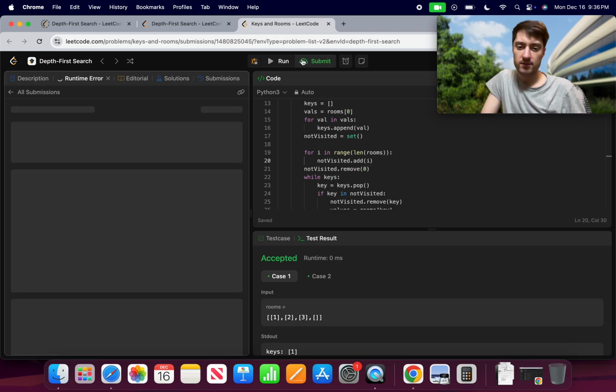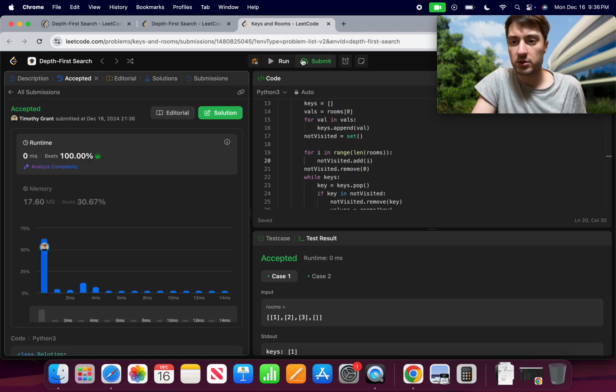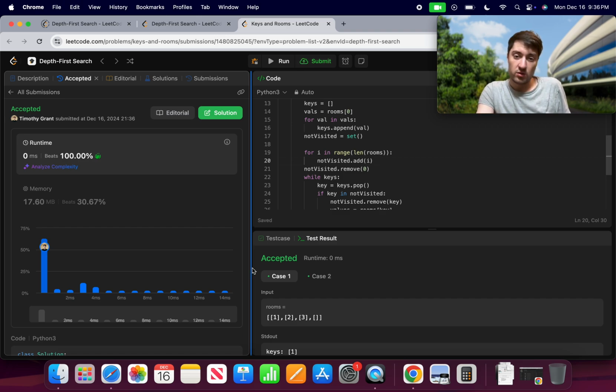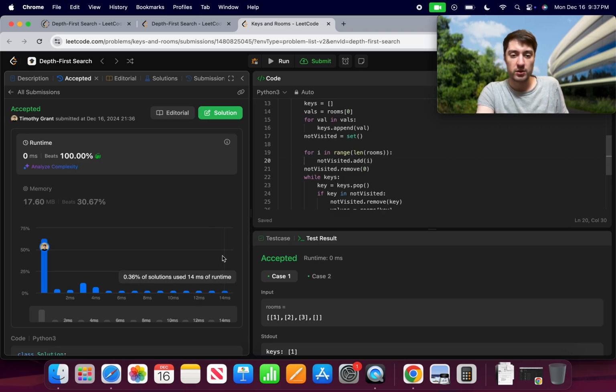Let's see if it works. Okay, there we go. So that was the problem. I needed to use a set in order to have a big O of 1 lookup instead of O of n, which is what I was initially talking about with optimizations at the very beginning of the problem. So that was this one right here. So yeah, anyways,